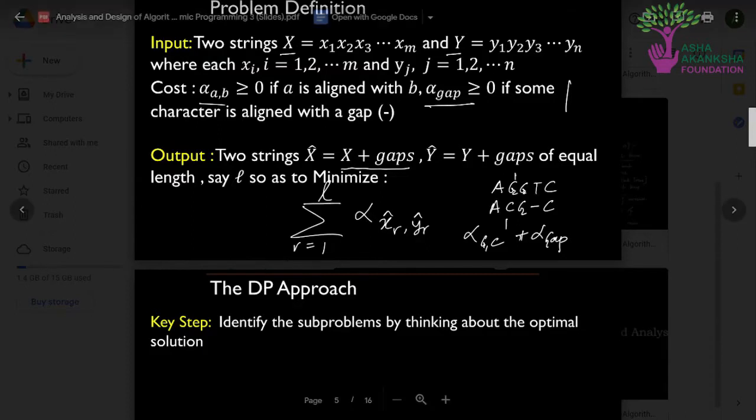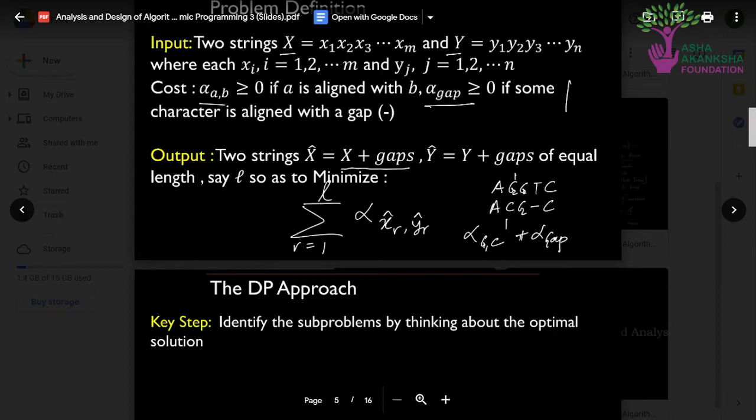That is, this value is the summation of r equal to 1 to L of alpha x cap r comma y cap r. That is, we are just traversing over the entire strings from 1 to L, and we are comparing each and every corresponding character of both of the strings, and we are just taking the summation of this value. Now this particular alpha value will be equal to 0 if both of the characters are equal to each other. If there is a mismatch, then it will have a value equal to this, alpha x cap comma y cap, and this particular constant, which you can define for any types